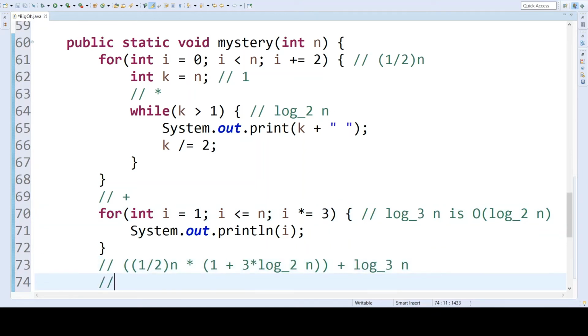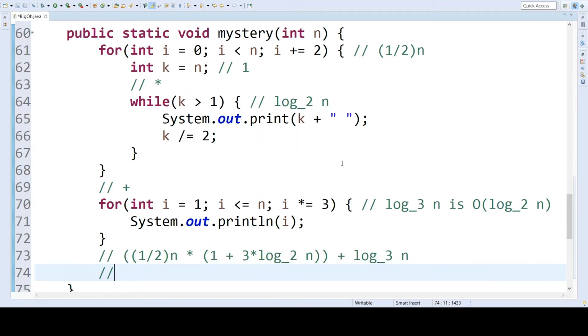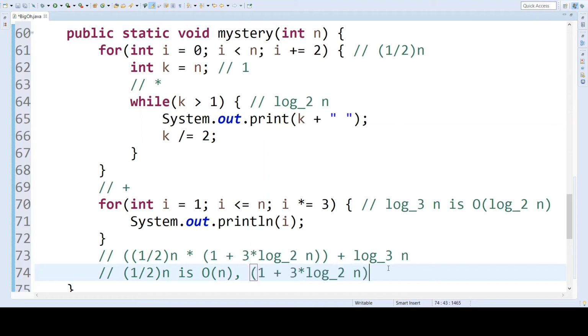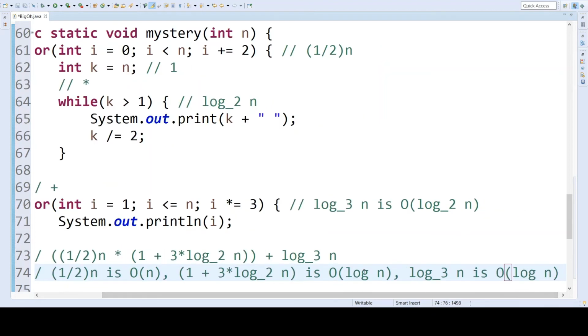But we can figure out the big O of that by just looking at the individual components. So we know that 1/2 n is O of n. We know that this complex little function here is O of log base 2 of n, or simply log n. And I already mentioned here that log base 3 of n is O of log 2 of n, or simply log of n. Given those facts,